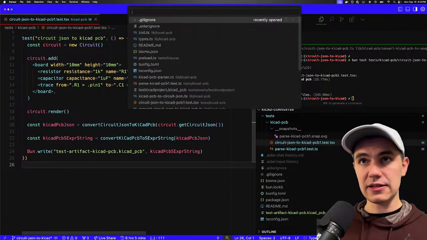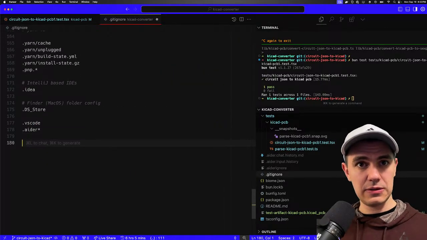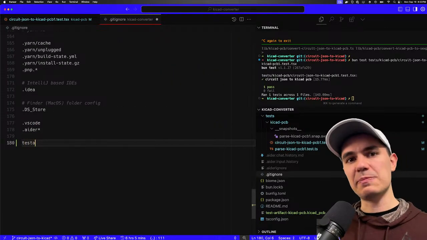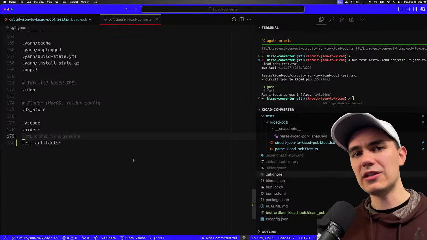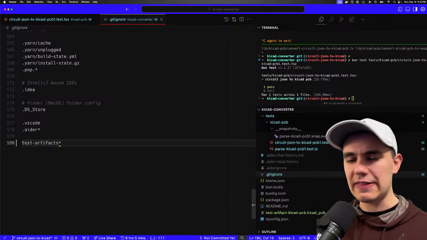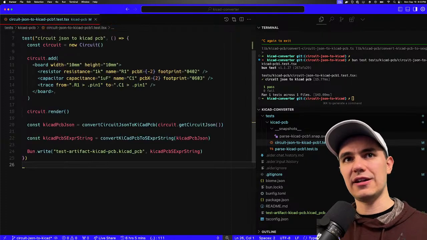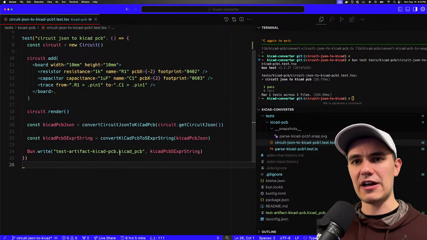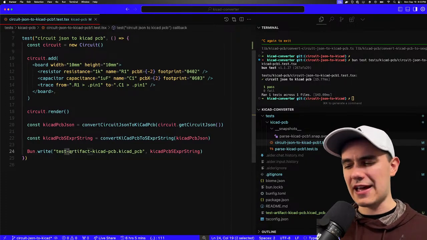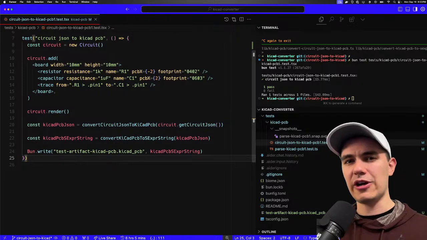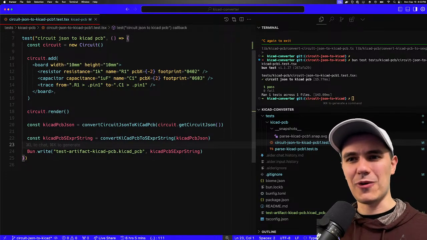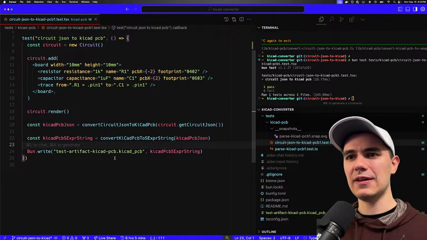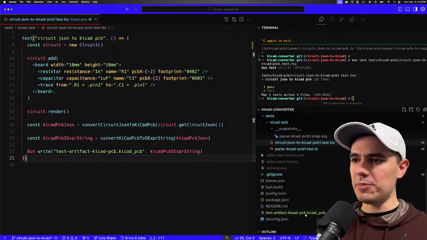I'm going to add it to the gitignore just so I don't accidentally capture it. And you can kind of spam gitignore with stuff as long as they're named well. Like test artifacts, that's a great name. We'll never need that. But you can just put stuff in here if you're playing with files locally. But if it doesn't start with test or artifact or something very obvious, like don't put something like index, because somebody will be like, why isn't this adding? And they'll be confused. Let's try opening this